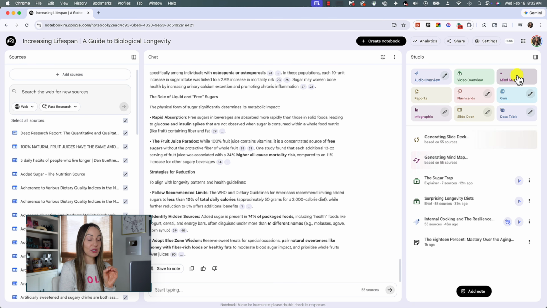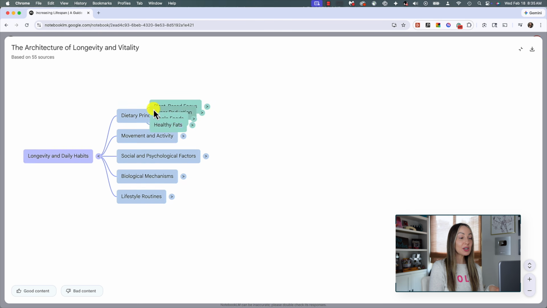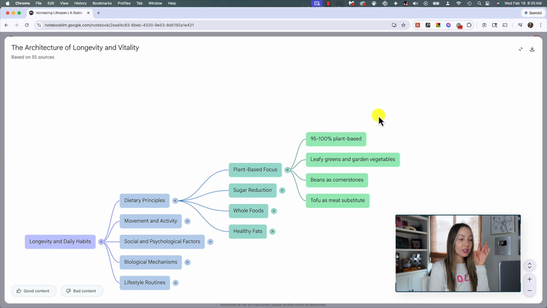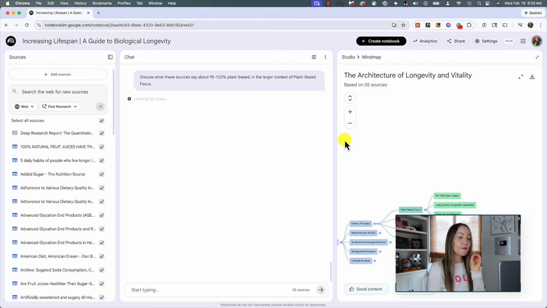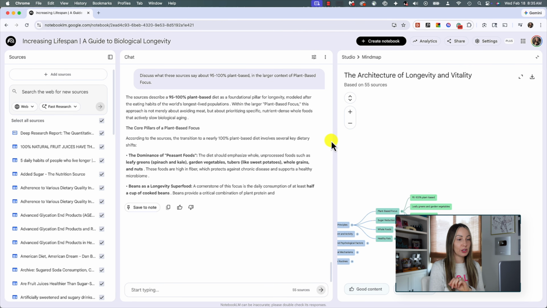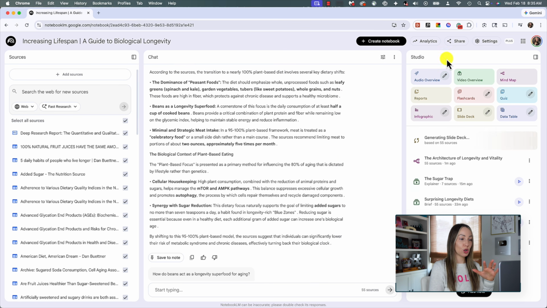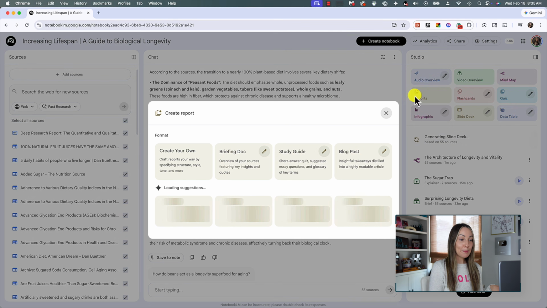Once NotebookLM has generated a mind map, you can click to expand on any of the elements you want. And then if you click on an element, it's going to discuss that specific topic further for you in detail in your sources right here in your chat window. How neat is this? Now moving back into that studio panel, you can generate a report based on your sources,